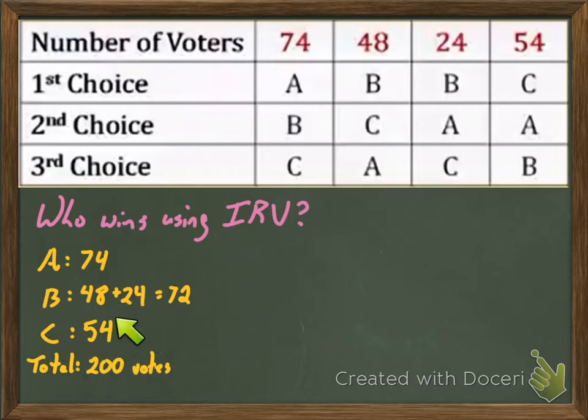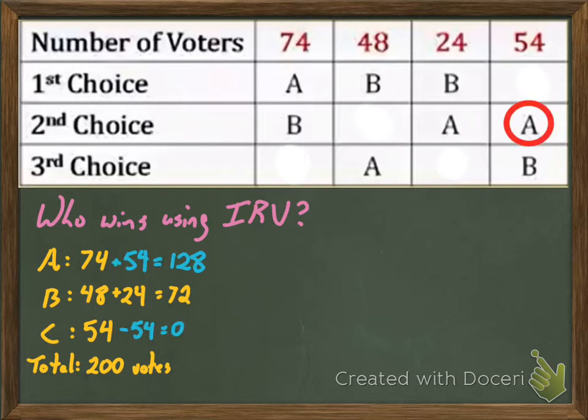How instant runoff voting works is you eliminate whoever's in last, and you allocate those votes to their next preference, and you keep doing that until somebody has a majority of the votes. So we're going to eliminate C, and then these C first place votes here go to A. So